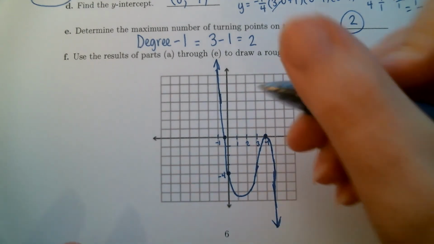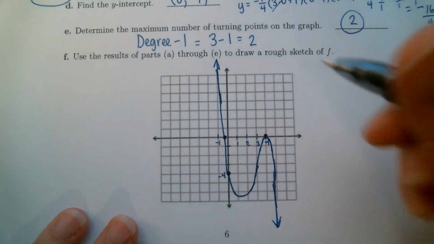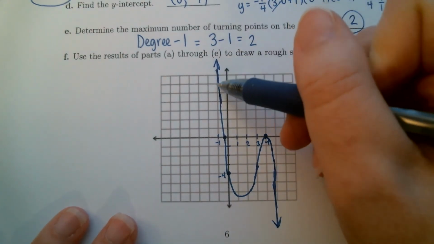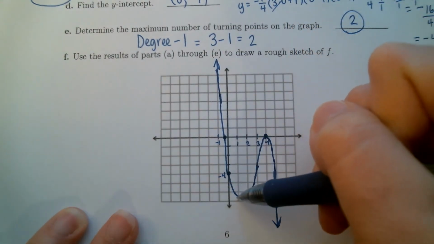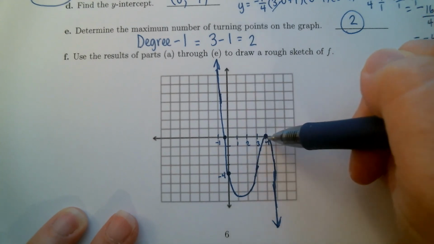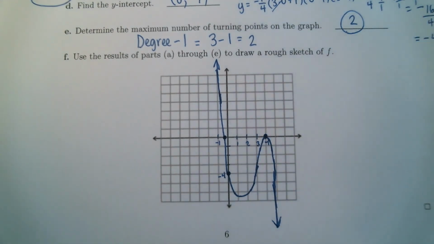And I tried to draw it so it had no more than 2 turning points. Let's see if I did that. It's decreasing, then it changes to increasing and then back to decreasing, so I think I accomplished that. So we are just coming up with a rough sketch based on end behavior, zeros, multiplicity, turning points. Okay, all right, let's try